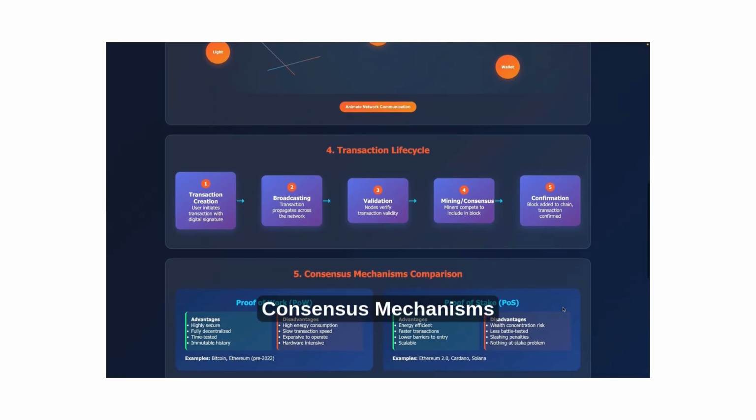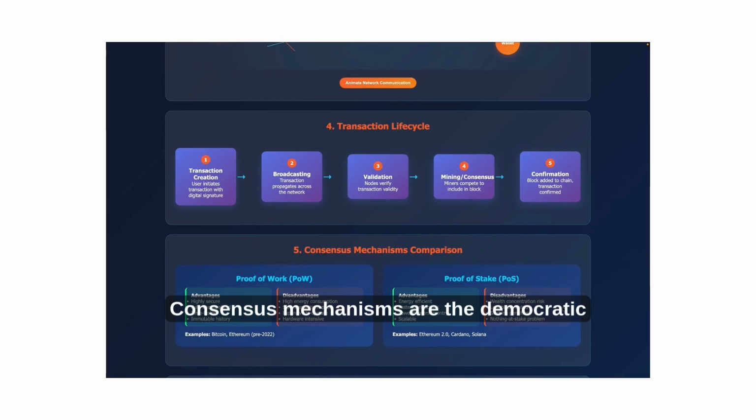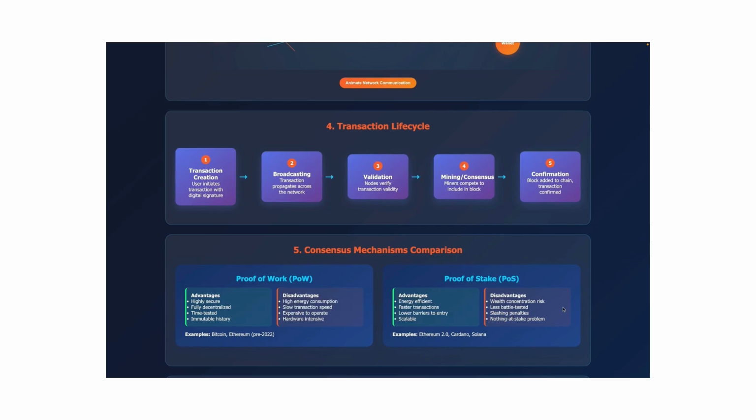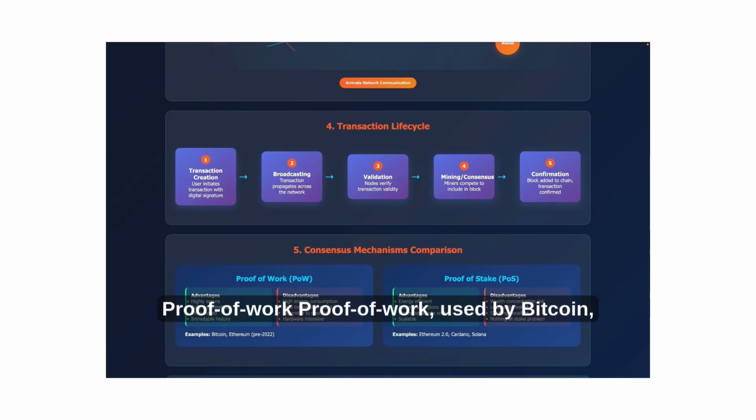Consensus mechanisms. Consensus mechanisms are the democratic processes that keep blockchain networks secure and synchronized. Let's compare the two most important approaches. Proof of work, used by Bitcoin, operates like a global mathematics competition. Miners use computational power to solve complex puzzles. The first to find the solution wins the right to add the next block and earns newly minted cryptocurrency as